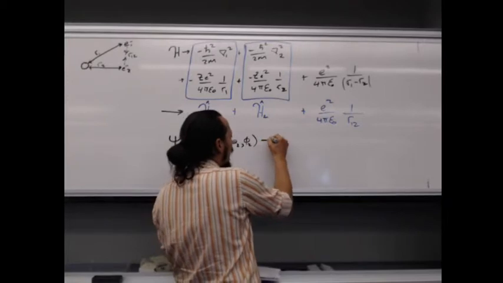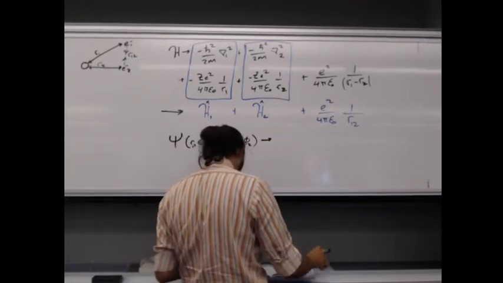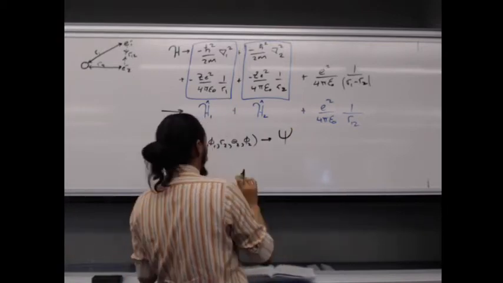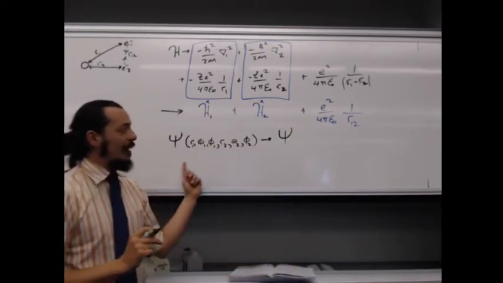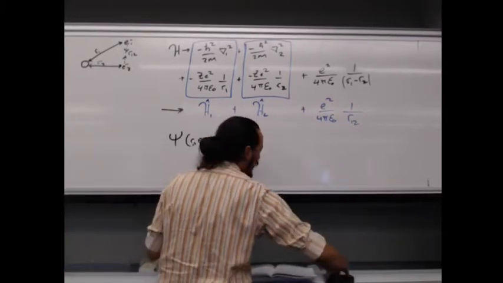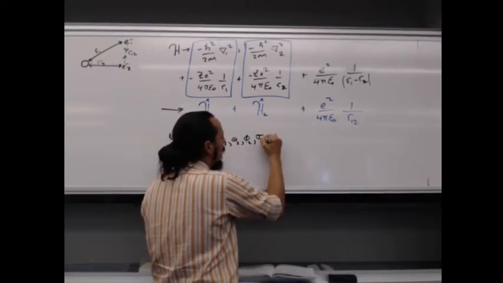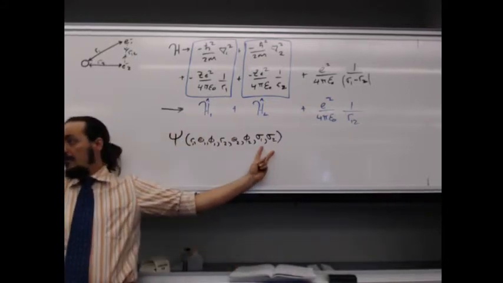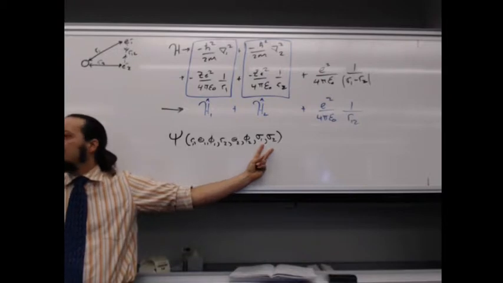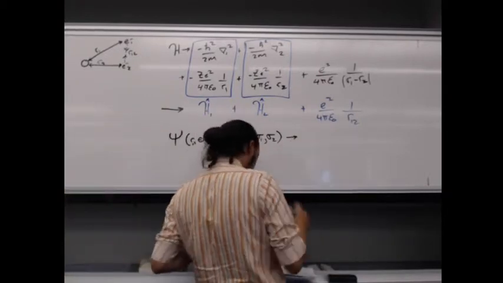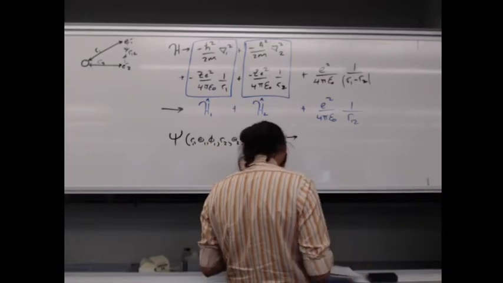And actually, it should be more because I don't have my spin components in there, so I'm going to toss in the spin components for fun as well. We should also have sigma 1, sigma 2, our spin variables. No classical analogy, but we should also include our spin parts. This would give us some function